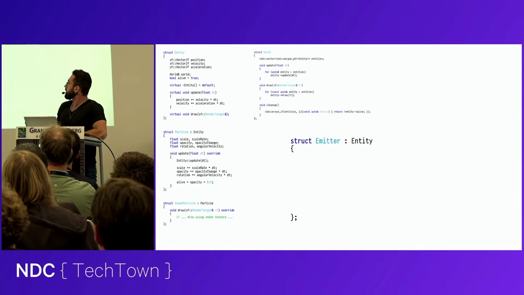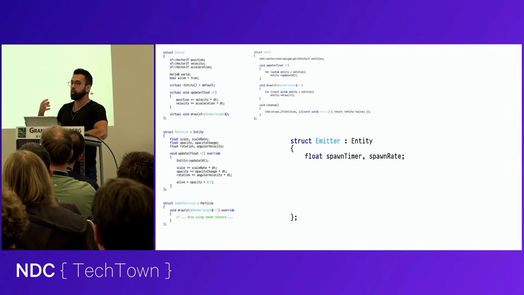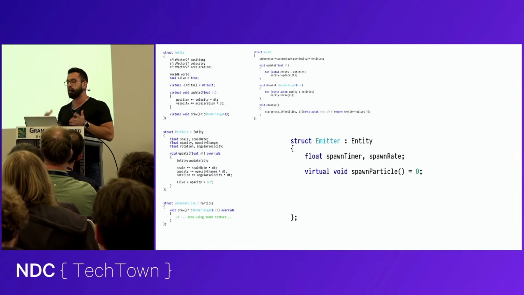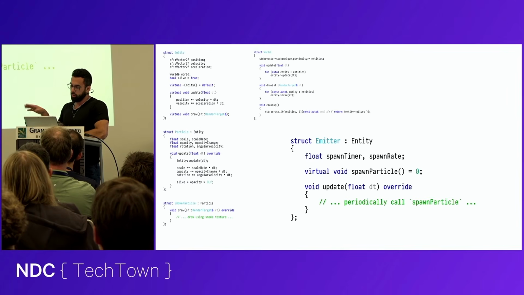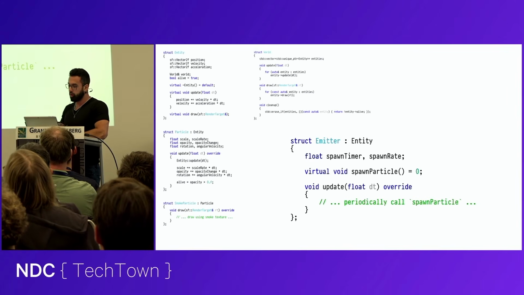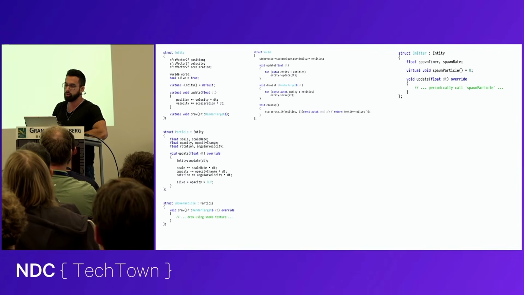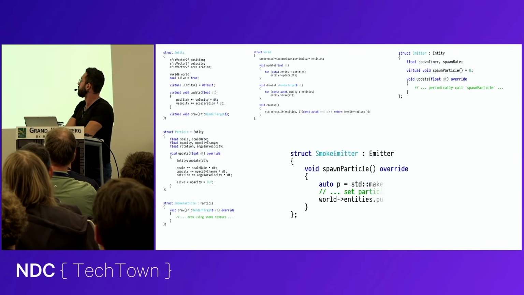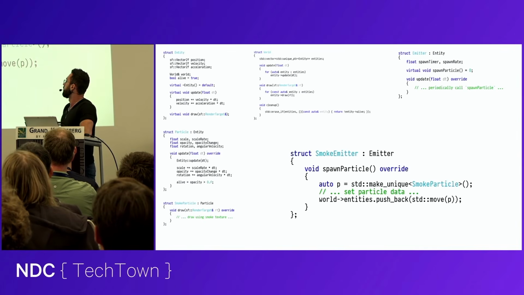Last few things. The emitter is going to be responsible for spawning particles. So we're going to have some floating point numbers here to keep track of how often we spawn particles. And then we're going to have another pure virtual function called spawn particle that is supposed to be derived from the actual concrete emitter types. So in update, we will periodically call spawn particle, but then the real work is going to be done by something like the smoke emitter, which will override spawn particle